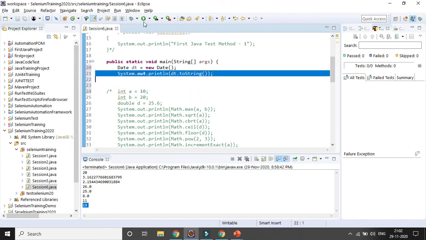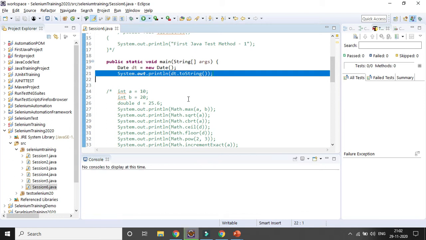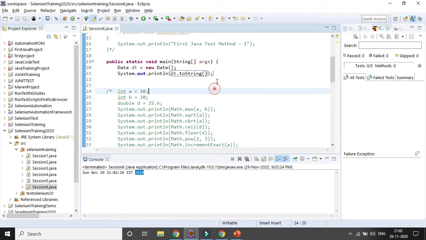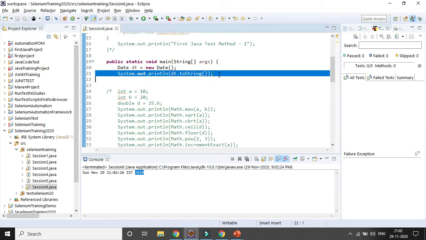It will have the year, month, time, second, like that. You can get the output of the current date, Sunday, November 29, 19:02:26, this is the IST, and this is the year. So that's how you can get the current date of your system. You need not worry about the current date and time, you will get everything.